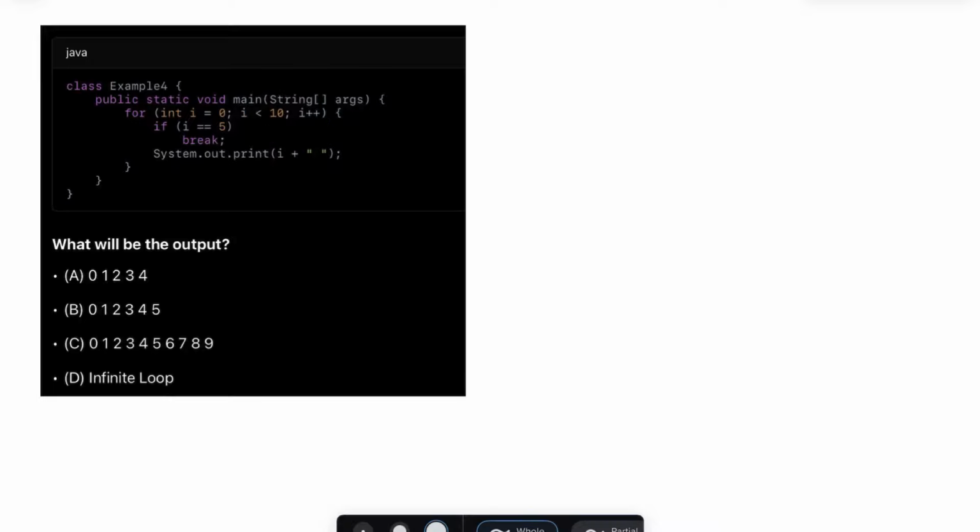Now, inside the loop, I am checking if I double equal to 5, break. If I is double equal to 5, what is within the if statement? It says if I is double equal to 5, break, right? It breaks. Otherwise, print